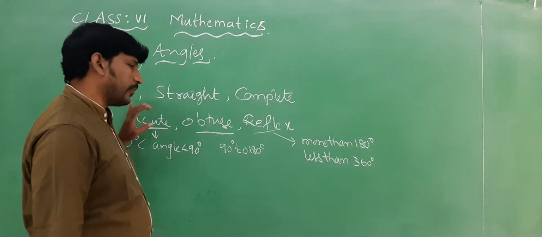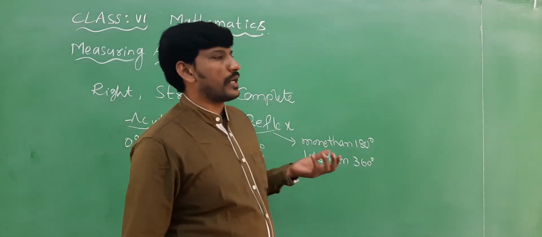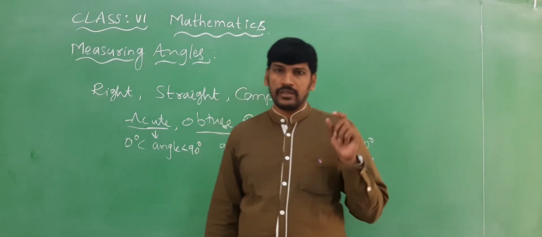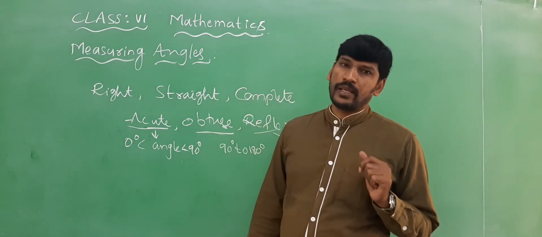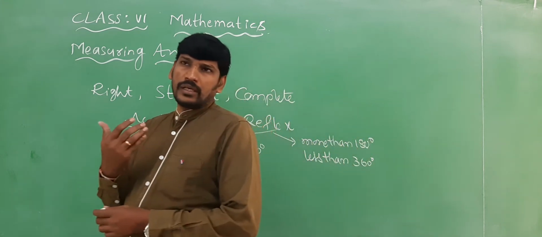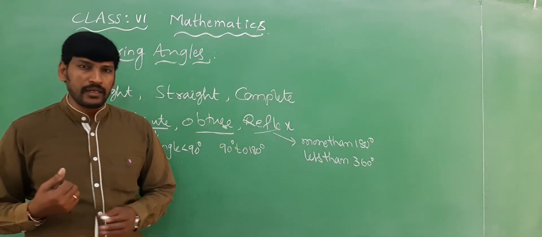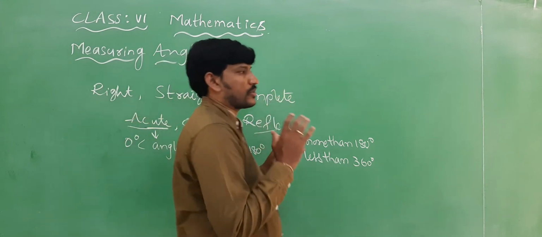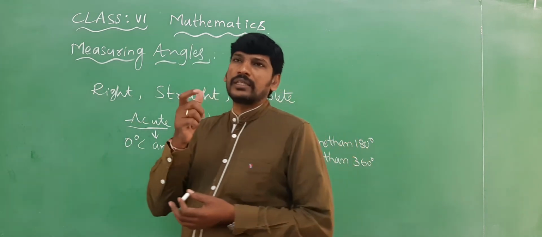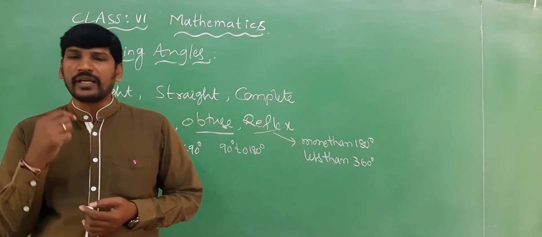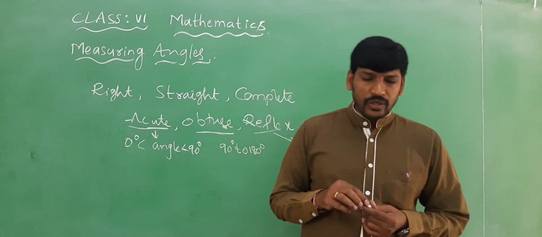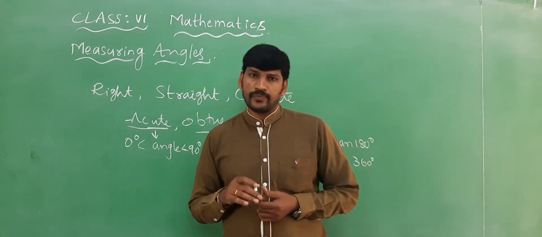By seeing the name, we can say whether it is an acute angle, obtuse angle or reflex angle, if we know the value of that particular angle. Clear? How can we measure the given angle? If they give one shape, how do we measure how many degrees are there? What is the meaning of degree here? It is the measure of an angle, so we call it a degree measure.